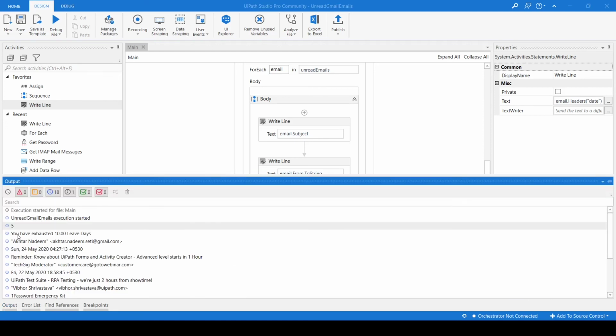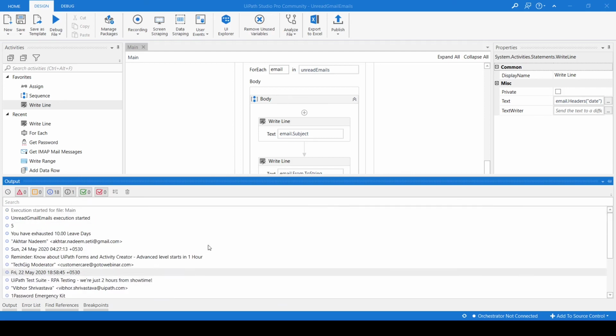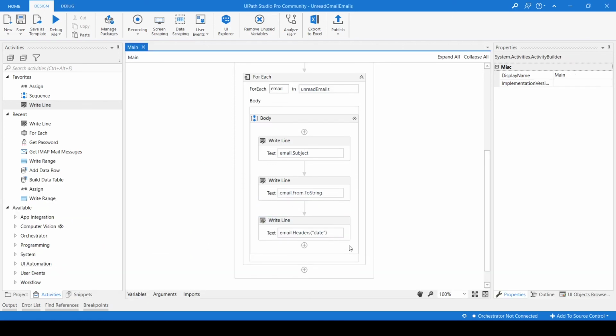Now this is the subject line for the first email, the sender of the email, and this is the date. This is subject line, this is sender name, and this one is the date. So we are getting the data correctly. There is no issue.